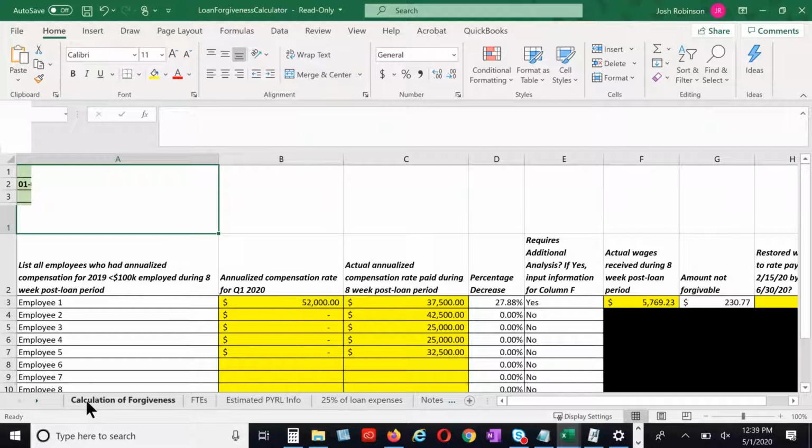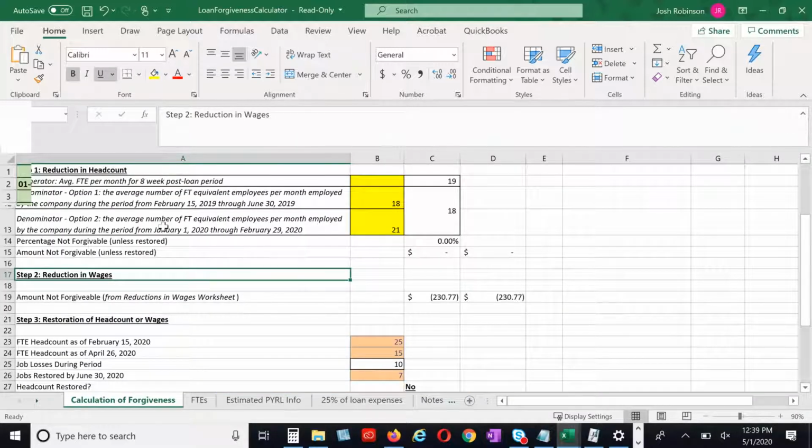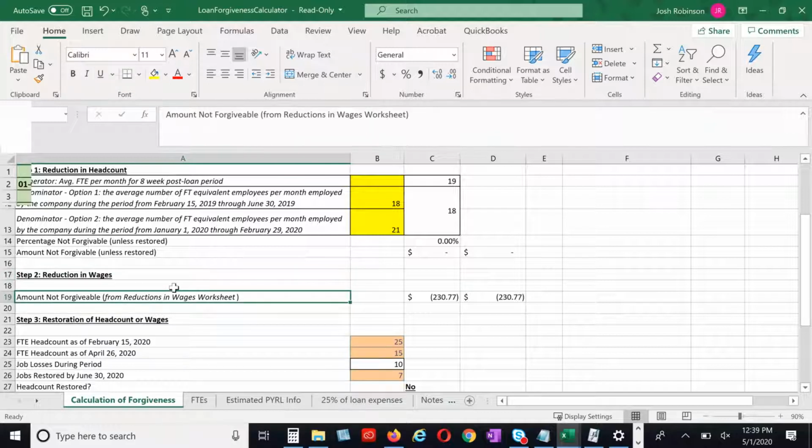So back to the calculation of forgiveness. Again, the reduction in wages, as I showed you, it's complicated, but at the same time, it's not rocket science. Now, I do want to speak to some what ifs or known problems that this presents. So, known problem number one is that